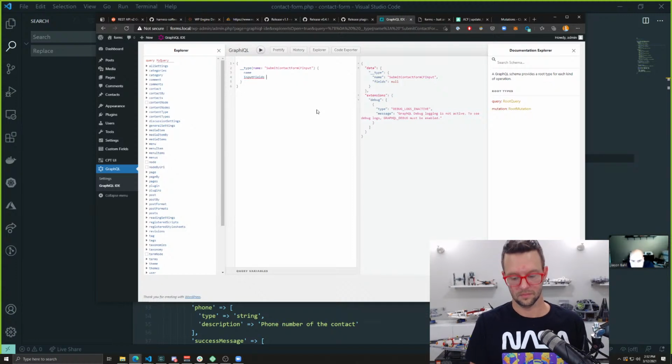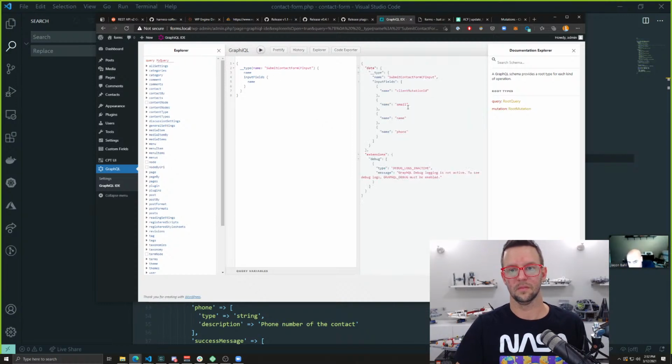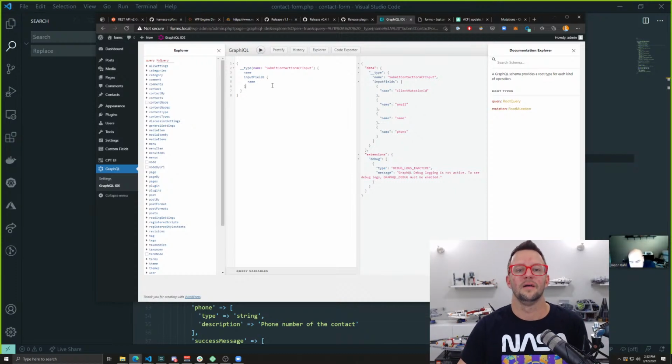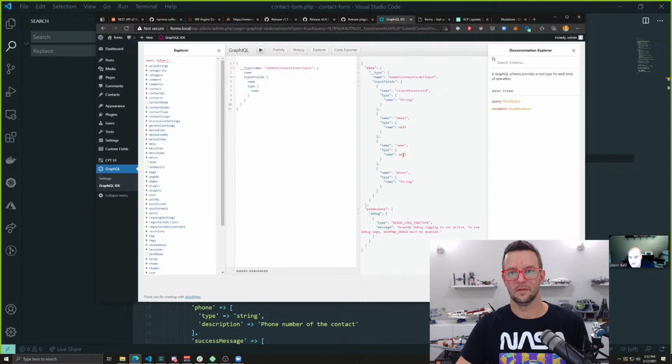Input fields. So this is what you would want to do. For any mutation, you can ask for the input fields. Oh, cool. Yeah, there they are. And then ask for the type. Right. And so when we get to the point where we have custom scalar support, like right now it's going to say,